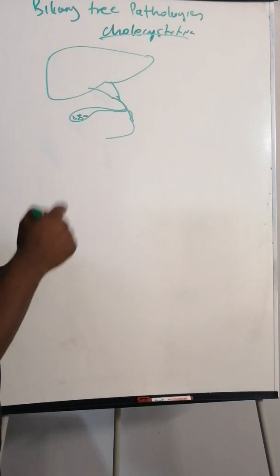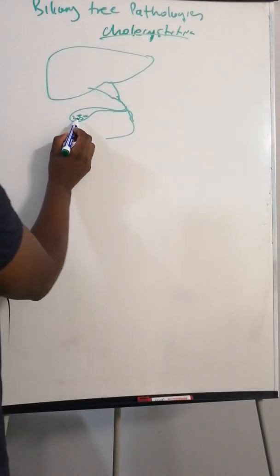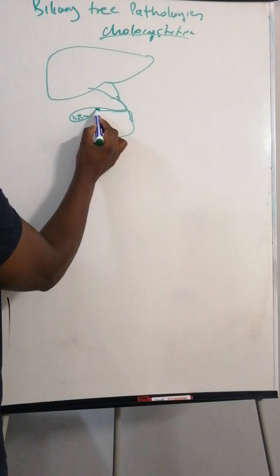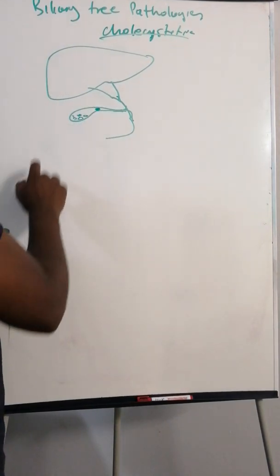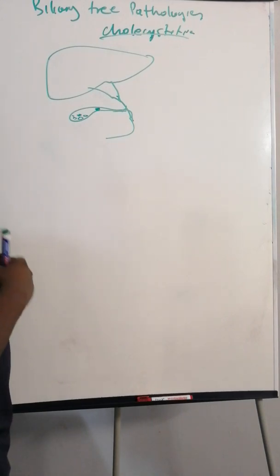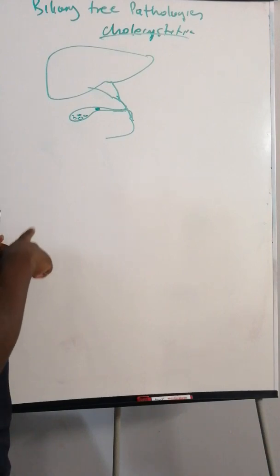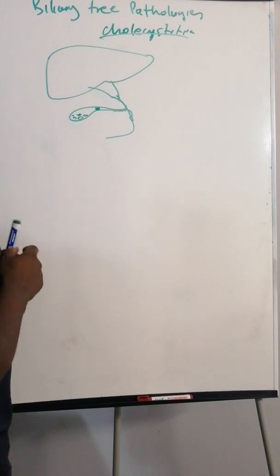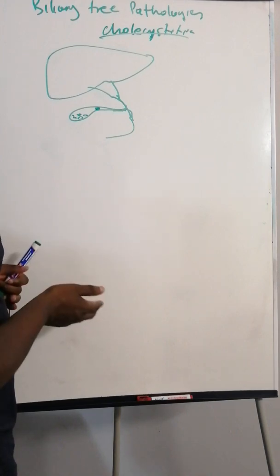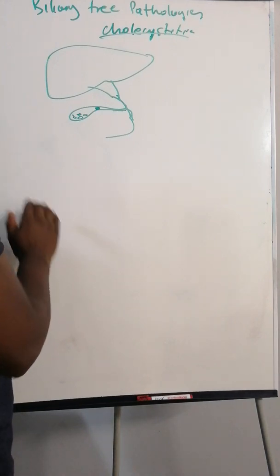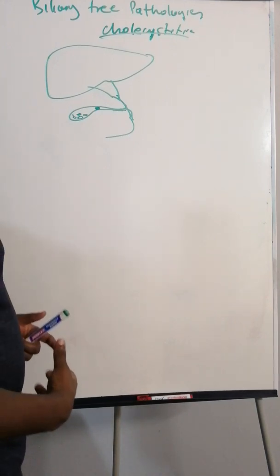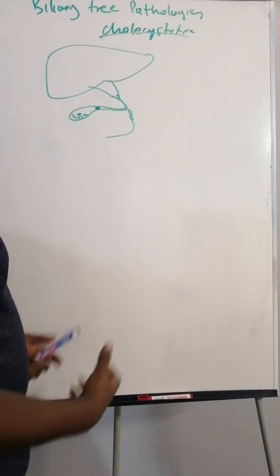Number three, when do they become symptomatic? It's when one of the stones comes and obstructs the lumen, like I explained yesterday. So this patient will present with right upper quadrant pain. They'll present with nausea, vomiting, anorexia, diaphoresis, maybe just generally feeling unwell. That's it. They won't have fever, and they won't have positive signs in the abdomen. They won't have guarding, they won't have tenderness in the abdomen,